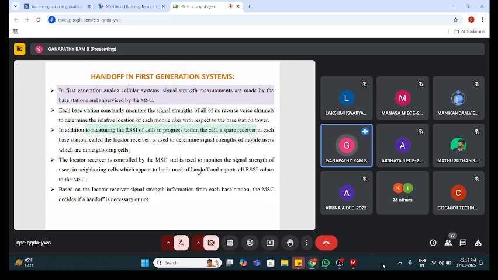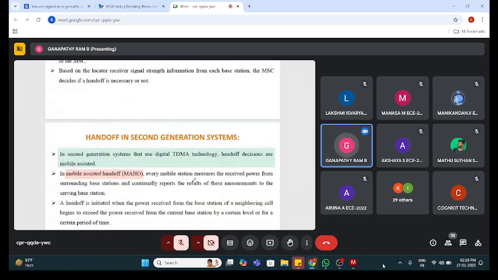That was the critical scenario. Due to that, the computational load increased at the mobile switching center, and moreover, there was a strong delay in the waiting time for providing the channel move over from one base station to another base station. So from the second generation system onwards,